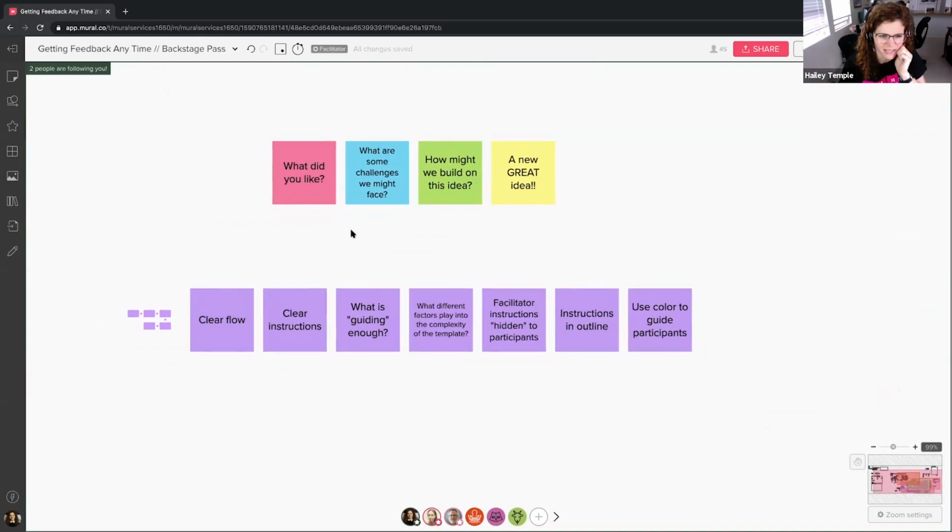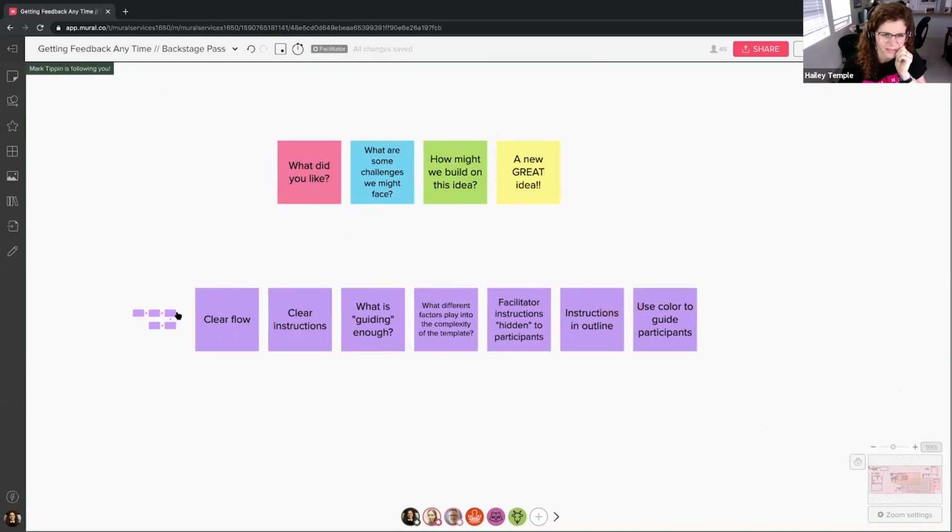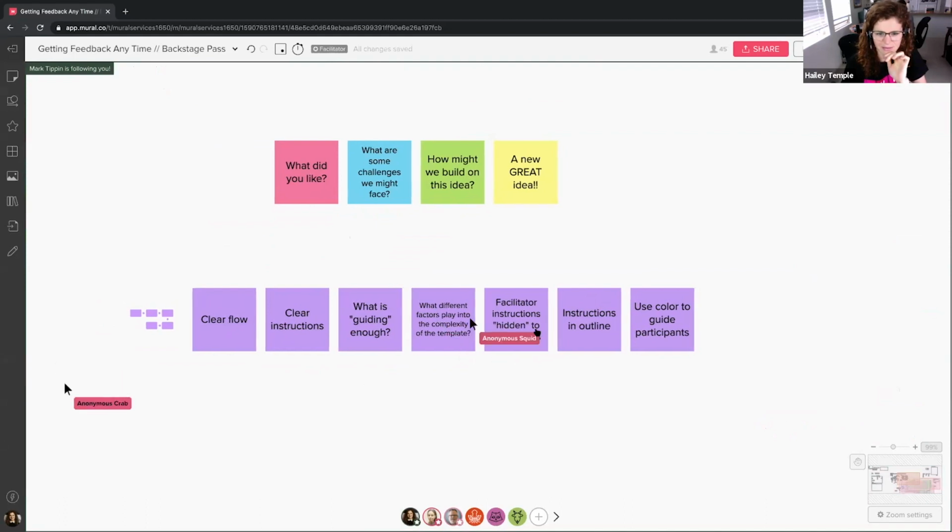Amelia, you said that it would be helpful to have a clear flow, clear instructions, facilitator instructions, kind of what is guiding enough. So as a guide, what are some things that we like about this?